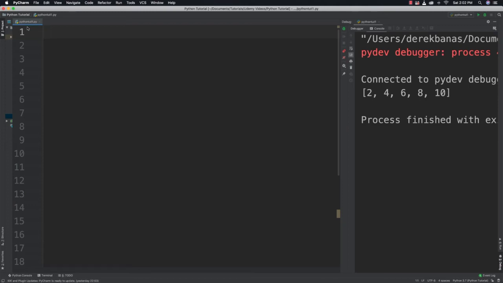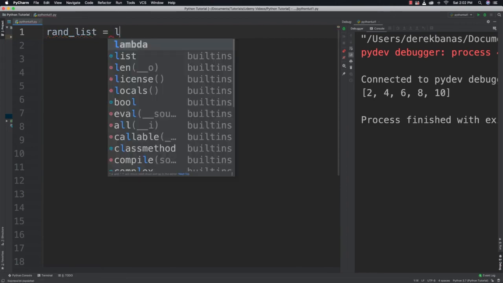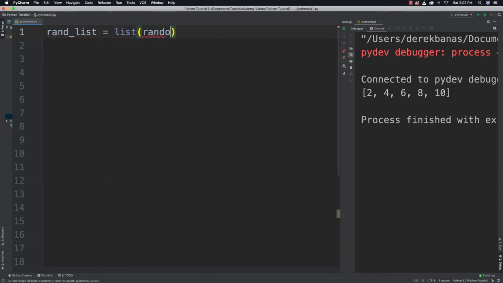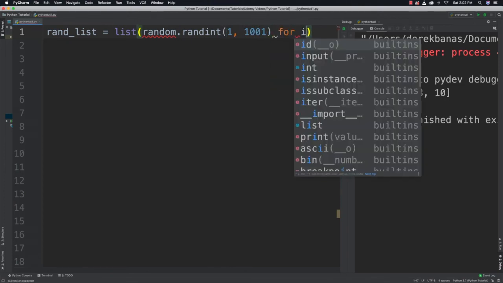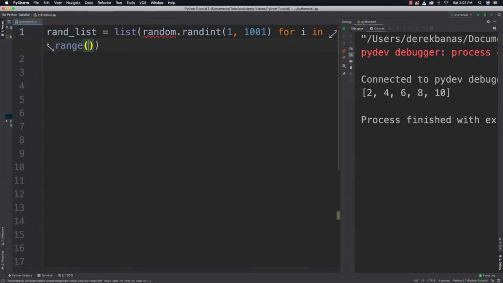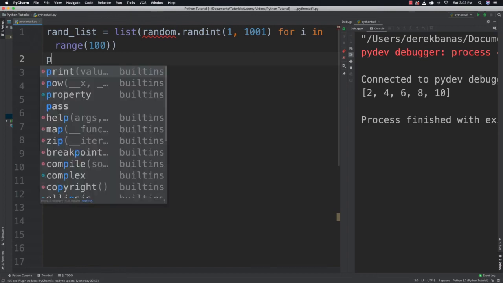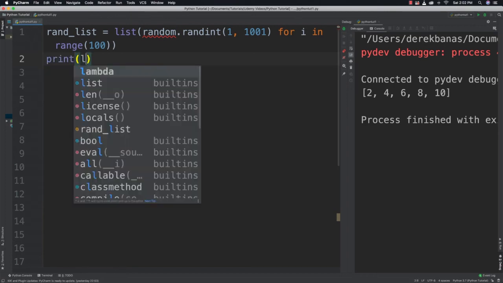All right, so the very first thing I need to do is generate a random list. So let's go and create random list equal to, and I'll say list and random. And I'm going to get this by calling random int from 1 through 1,001. And I'll say for i in range 100. Okay, so I got my list. And now what I'm going to do is use modulus to find multiples of 9 by passing the random list to filter. So I'm going to say print list